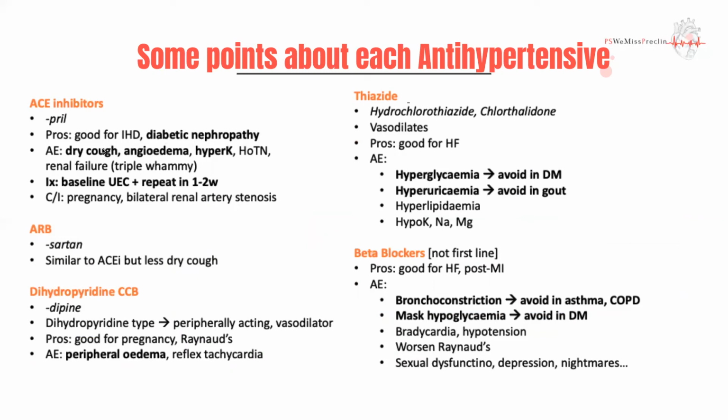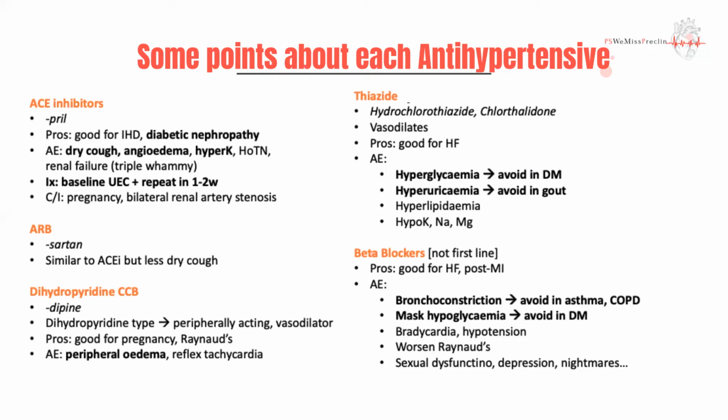The most common adverse effect I talked about is a dry cough and hyperkalemia. And that's important to know because spironolactone can also cause hyperkalemia, which is why we are often careful using the two together. Another rare complication is angioedema, which is a reactive swelling, quite commonly of the face, and you would warn patients of that. Also know that you should never ever add an ACE inhibitor to a diuretic to an NSAID, because that forms the triple whammy for renal failure, and your patient will have an AKI,